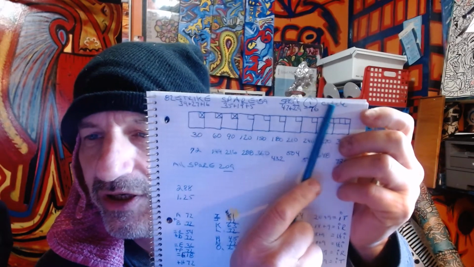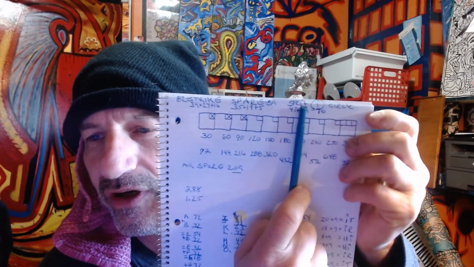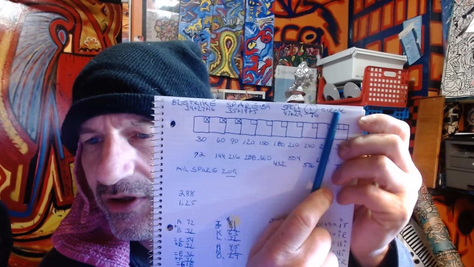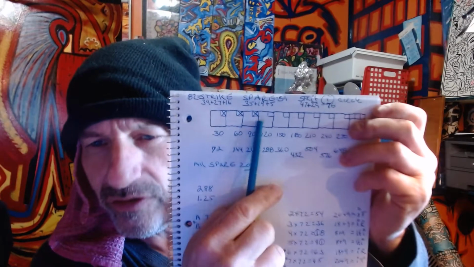There's usually one pin here and one pin here. It could be two pins here. And what kind of split is it? Are there two pins and one pin? Are there two pins and two pins? Two moons and one moon, and one moon and one planet. And this is the way my mind works.